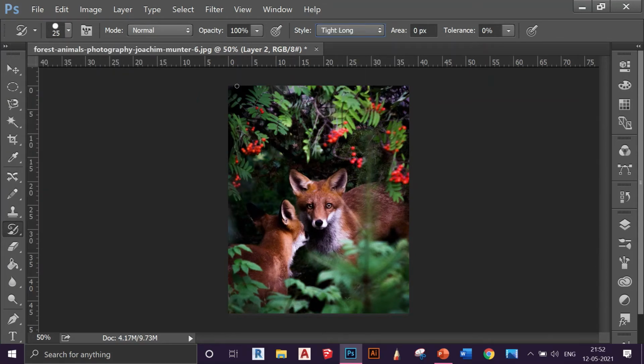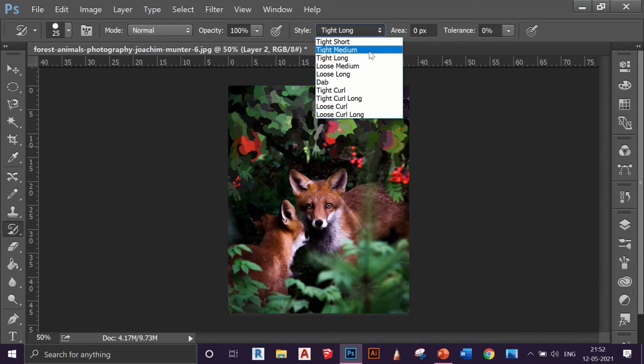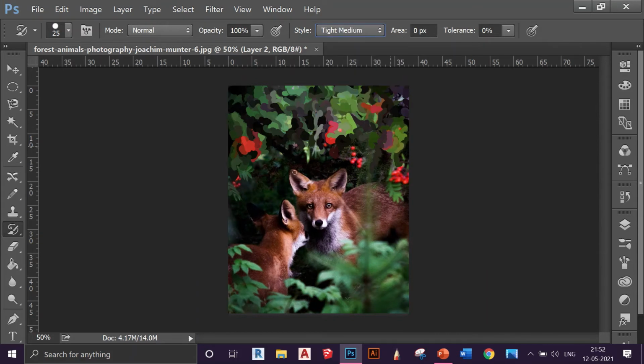I really like this brush, and I go slowly into the image. You can see it's more detailed compared to the last one, and this is working really well for me. You can even go for Tight Medium when you are working over the fox, so it is more detailed like this.